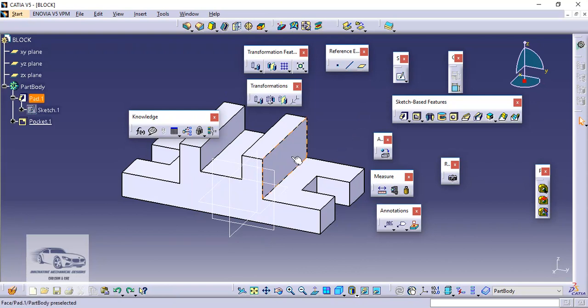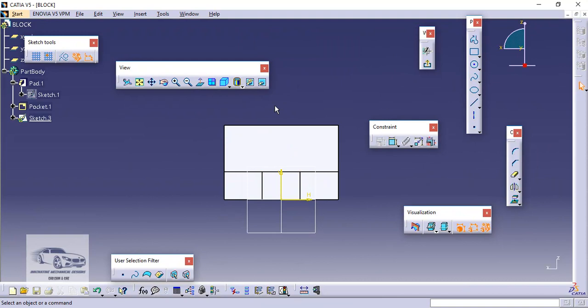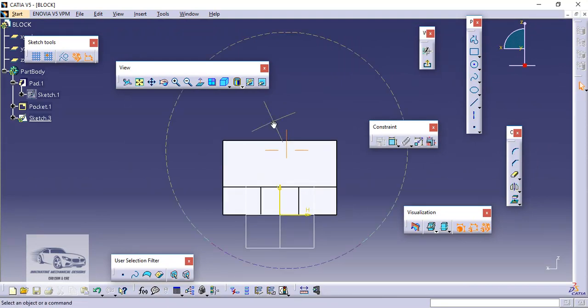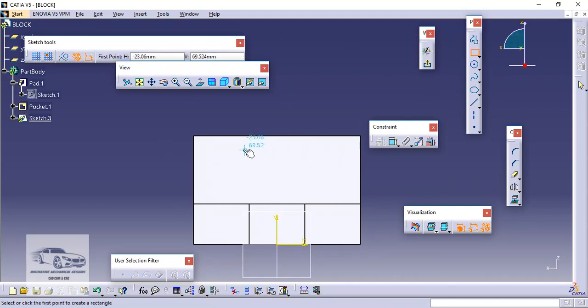Finally, we have to create the side cut. So again I will go to sketch. For creating a sketch, always remember you can only select a linear face or a plane, but you cannot select a curvy linear surface or a cylindrical surface.